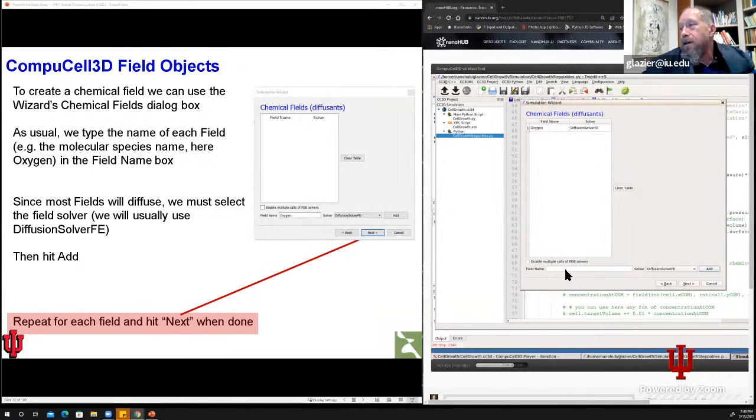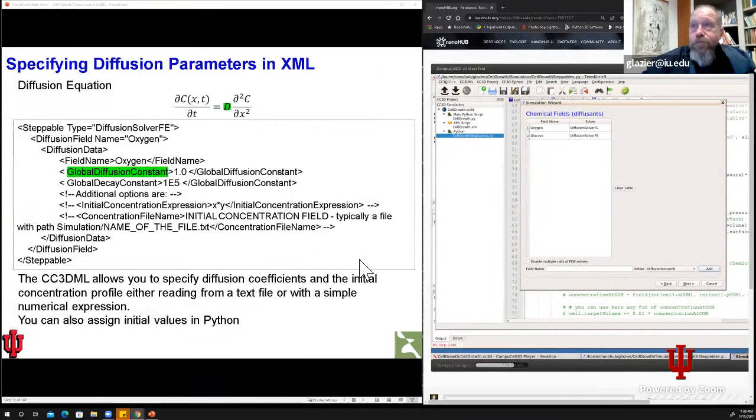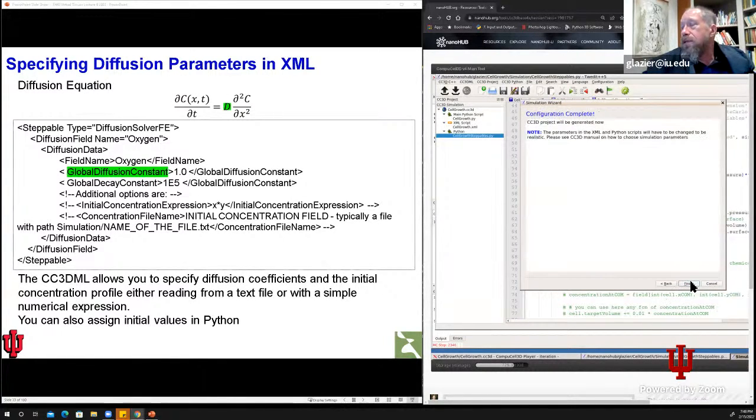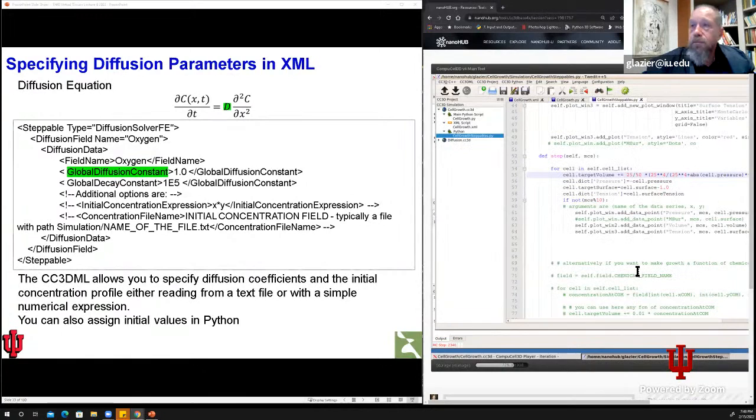And suppose I wanted to have another field. I'll call it glucose, just for the sake of having something else. Glucose, add. That's it. Now I hit next, and I'm going to skip all of this and hit finish. What this will do is generate